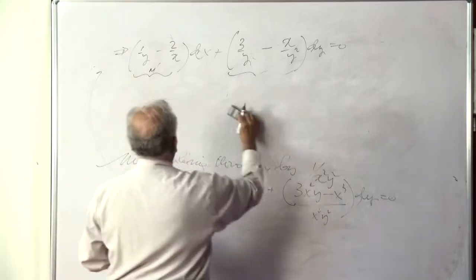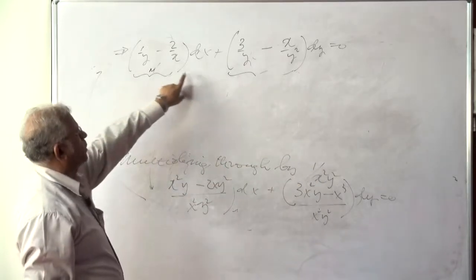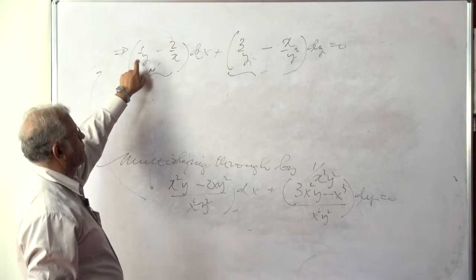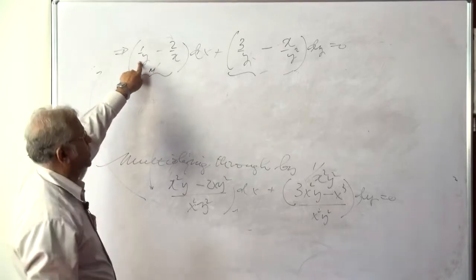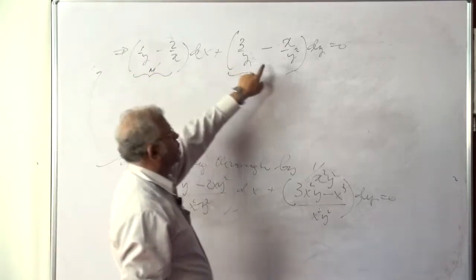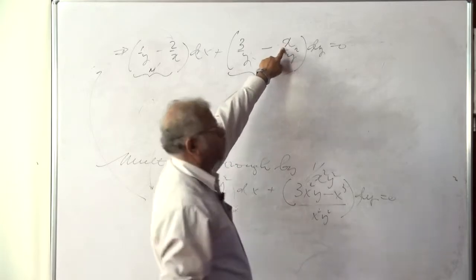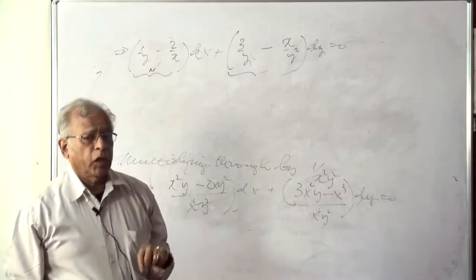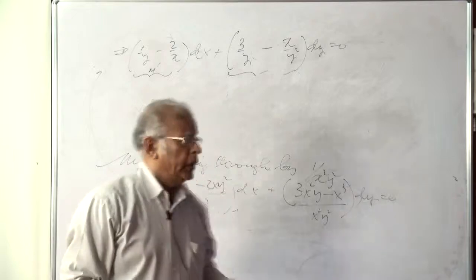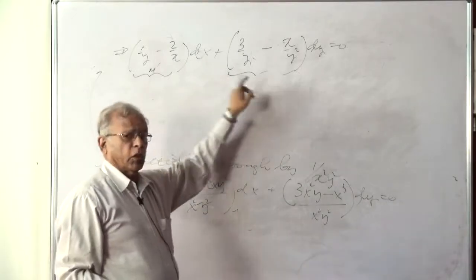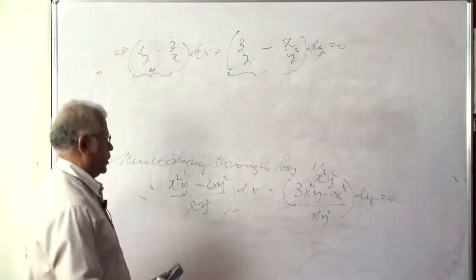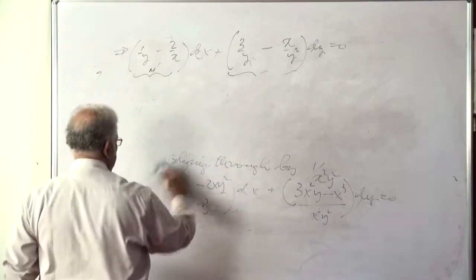In other words, we will integrate this part with respect to x, treating the y term as constant, and this with respect to y, treating the x term as constant and taking care not to repeat any term in the second integral which has already emerged in the first integration. So, doing that integration,